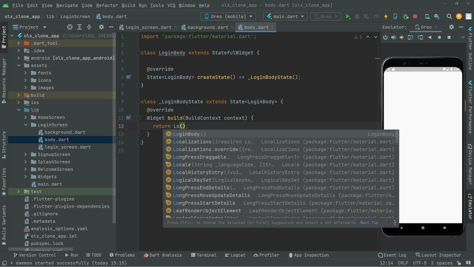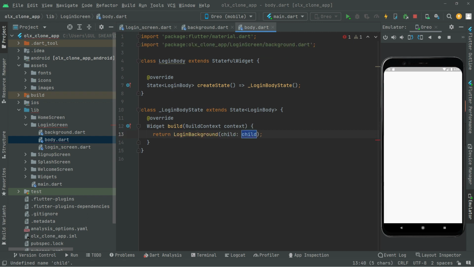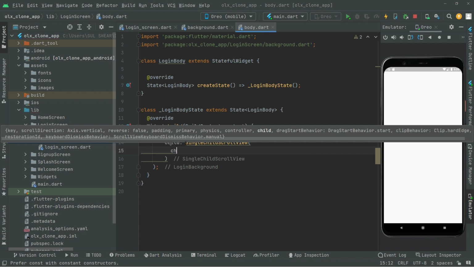There we go, this segregation, as I told you, we'll have that right in here. So it's going to take that child, and in there we will just have the single child scroll view widget, and right in there we'll say child again, and let's have the column widget,